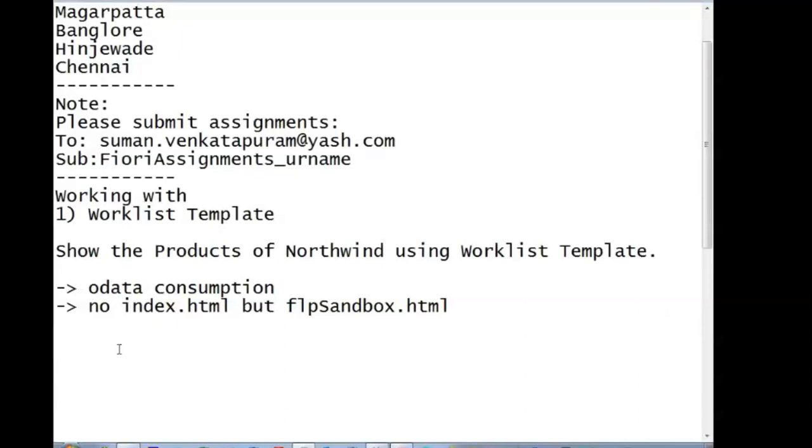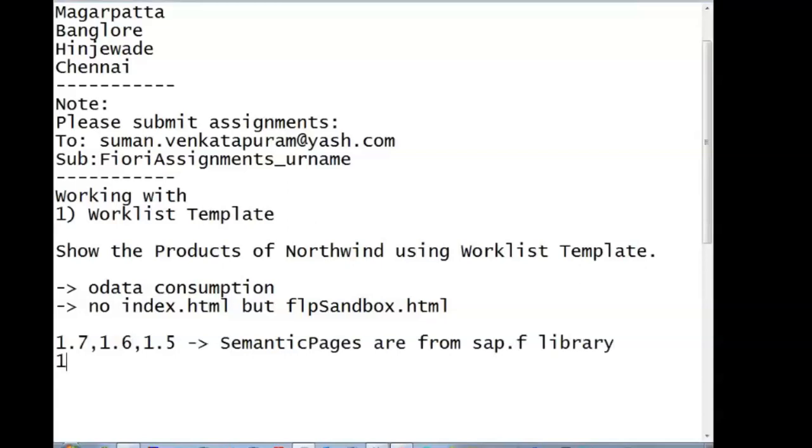In 1.4 and the earlier versions, semantic pages are used from the sap.m library. So we'll create with the 1.4 version. With 1.5 also I'll show you.